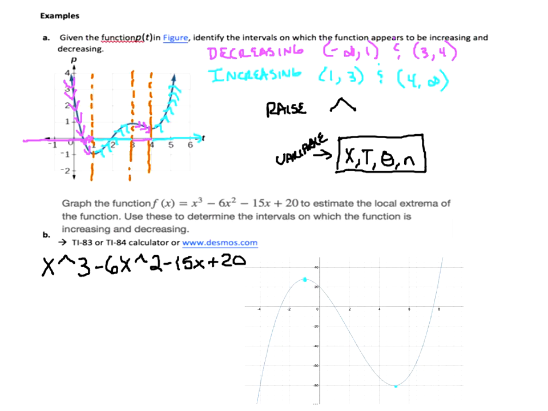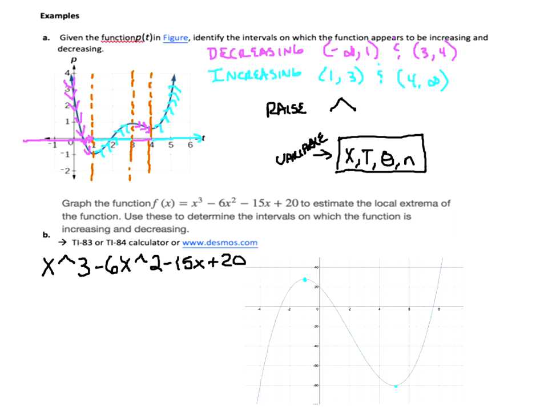And then when you're ready to see the graph, let me put it into my graphing calculator so I can walk you through everything. 6x squared minus 15x plus 20. Okay, and I hit graph. Now, you're probably not seeing a very nice picture. Actually, you're saying it's off the grid. So here is a quick way to see the important parts of the graph.